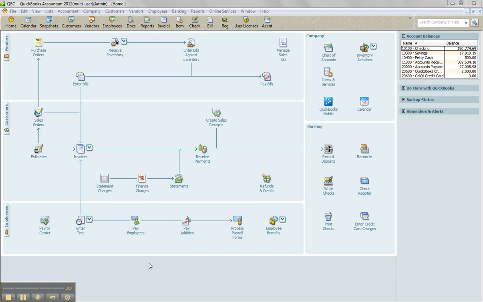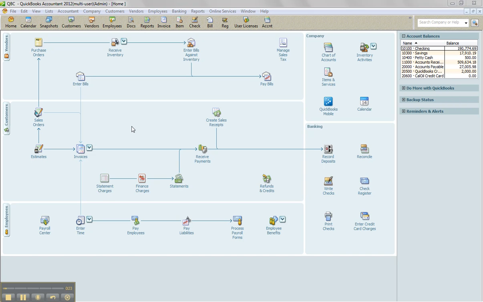Hello, and thank you for clicking on this link to learn about purchase orders and how they behave in QuickBooks Pro, Premier, and Enterprise Solutions. It's a non-posting transaction. It does not affect your general ledger or anything with accounting. It just holds the items you're going to purchase from the vendor, and then you can receive or enter a bill or write a check against purchase orders when they actually come into your warehouse or your place